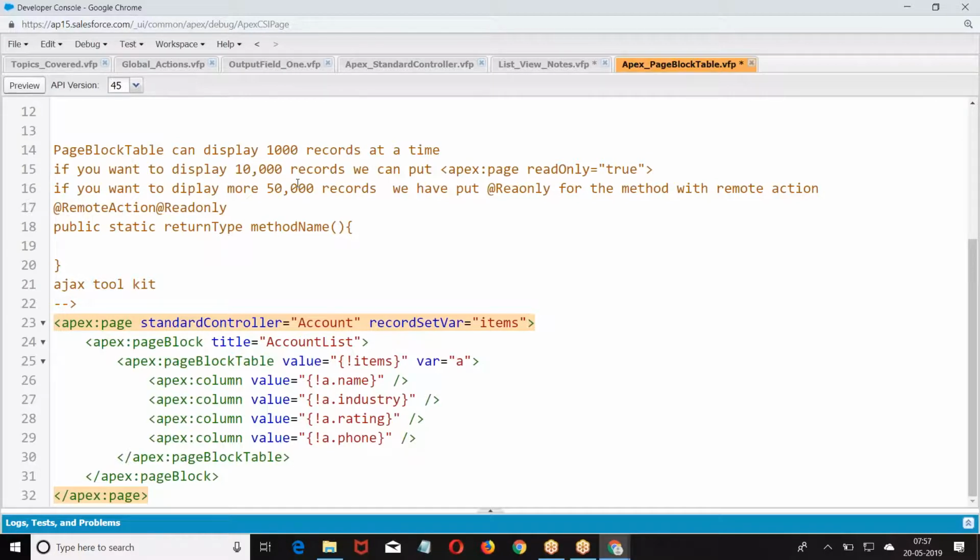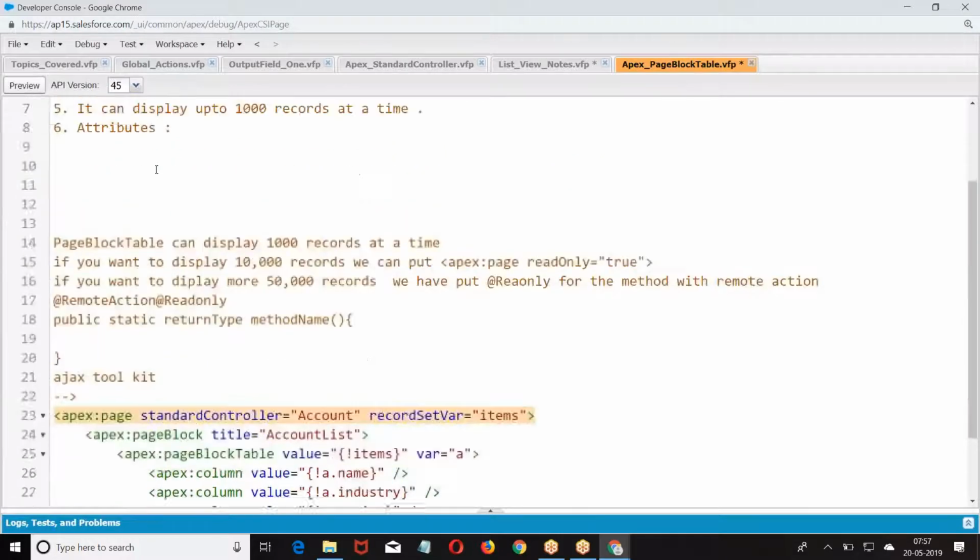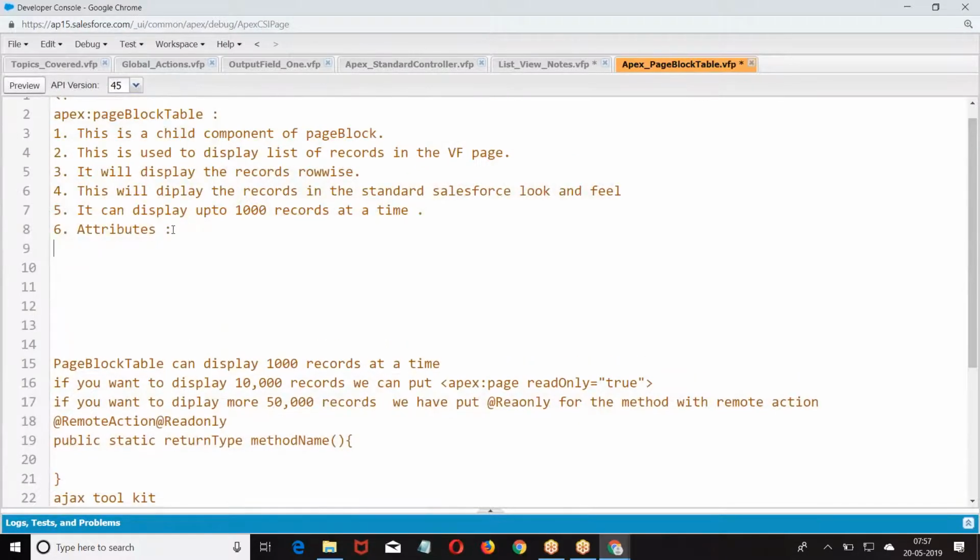You don't have a choice to change them. The input field refers to the field. If I don't want to refer to the properties of the field, then we have a concept called input text. Once we complete all the standard functionalities, I will come to the creation of custom functionality. There we have a concept called input field, input text, output text, where we will control things whichever way we want. Okay?